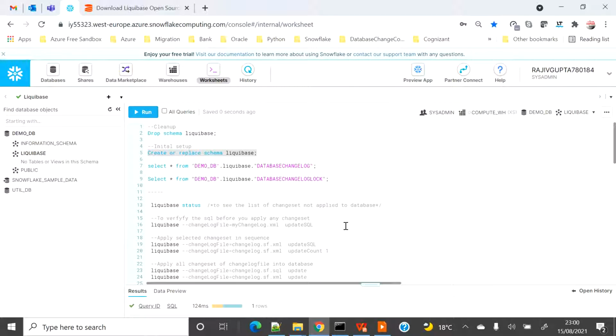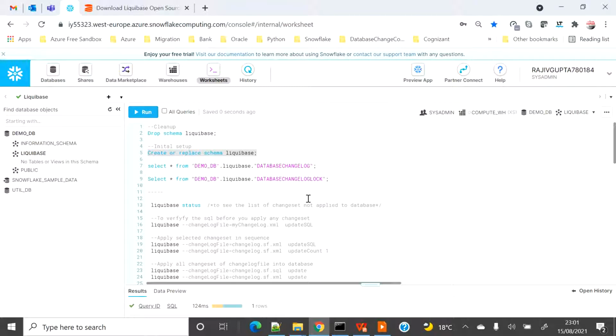This table is used to lock the database when a single deployment is happening on a particular database. It is useful when multiple people try to deploy at the same time. To resolve the conflict, it locks the database. Unless the first deployment is done, the second one will not get a chance to deploy anything. So this is done automatically. Once the deployment is completed, it automatically unlocks the database, and it is again available for others to start using. So let's start.